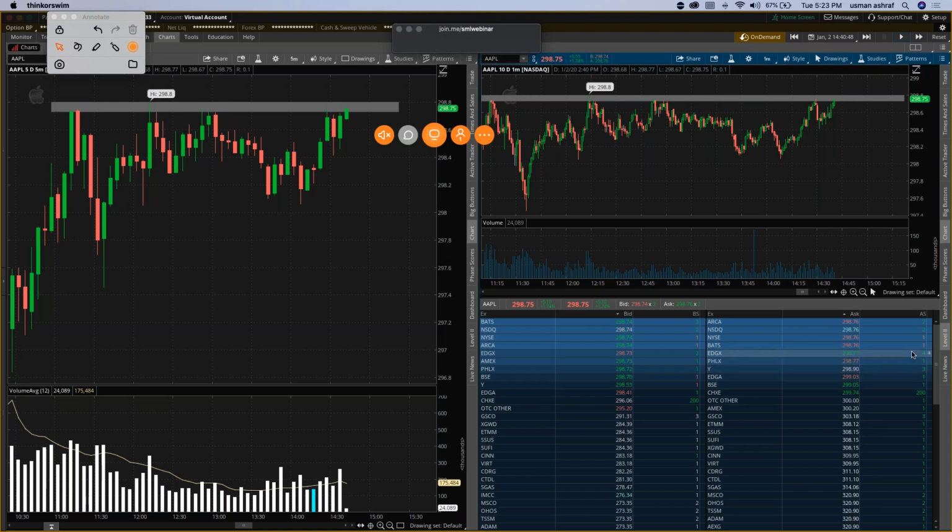Because if there's a level that a stock gets rejected at, and that level is still showing up on level 2, let's say if it's trying to break on the upside and it's showing on the ask,